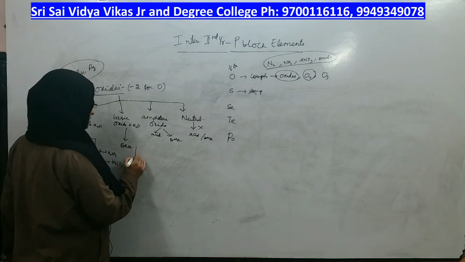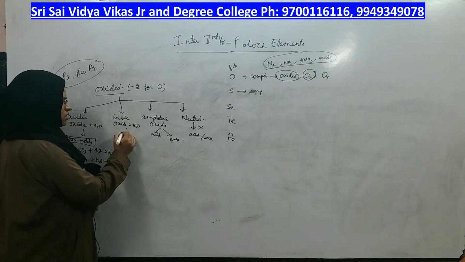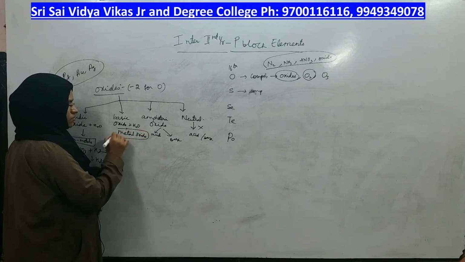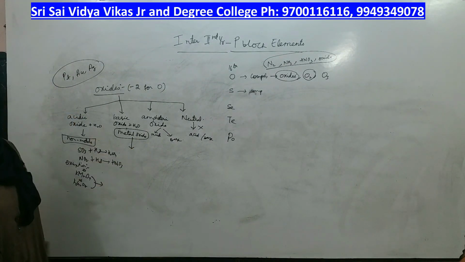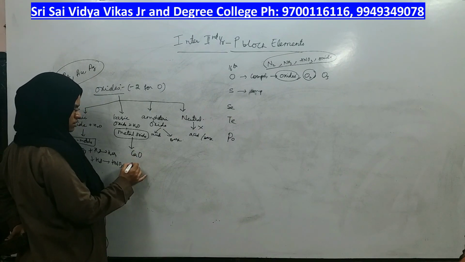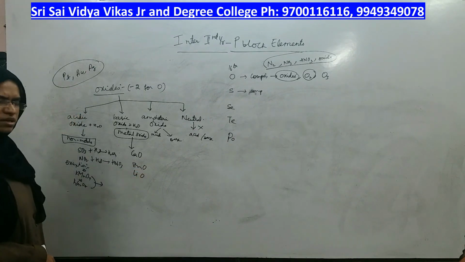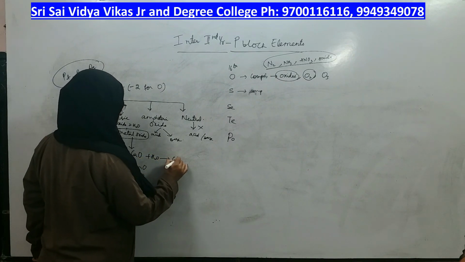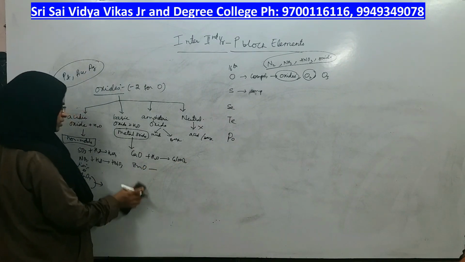Coming to the next category, basic oxide. What is the general rule of basic oxide? All metal oxides. Metal oxides come under the category of basic oxide. Examples: calcium oxide or zinc oxide or lithium oxide. All of them come under the basic oxide. Why? Because when they react with water, they form calcium hydroxide base. Sodium oxide I will take, or potassium oxide I will take.